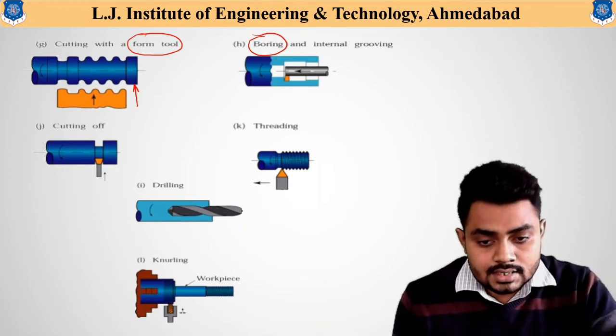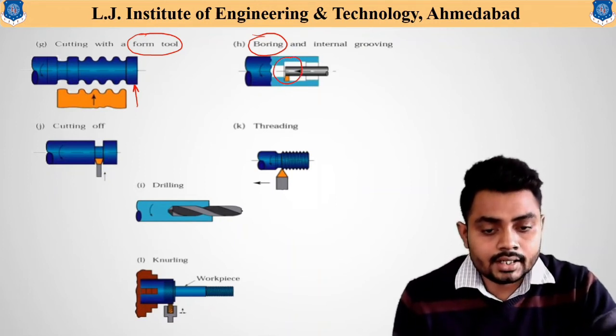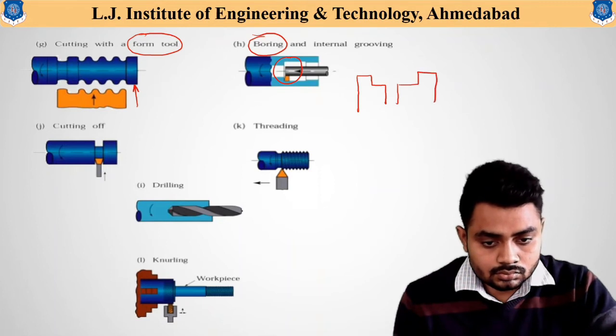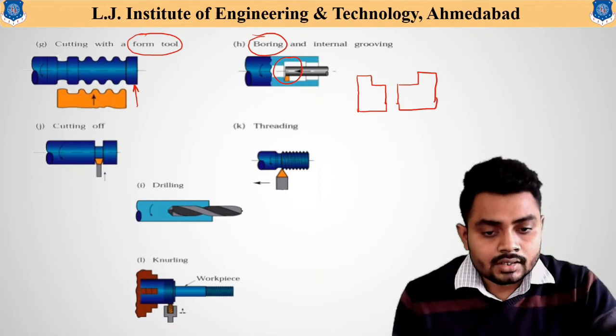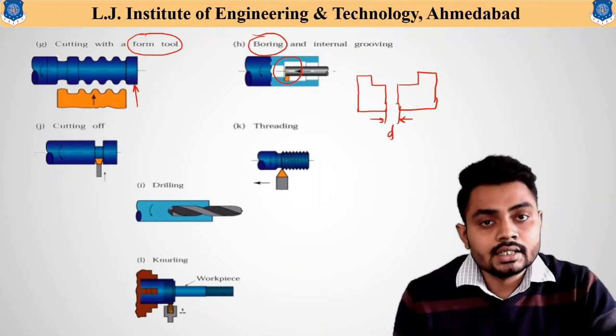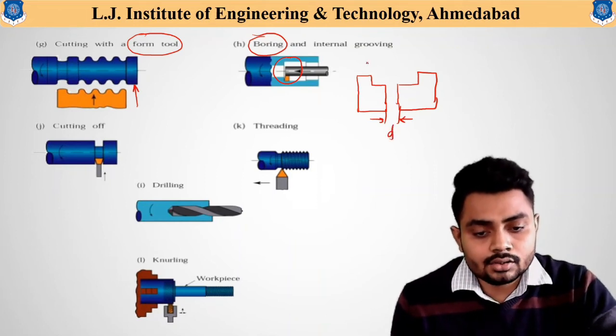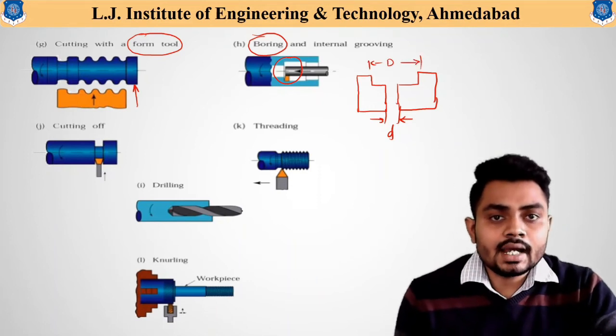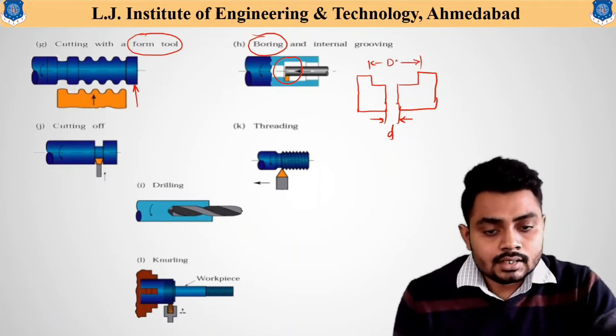You can see from this figure also, if the first available hole has diameter d, but now we want to enlarge that hole up to the capital diameter D, then what happens? The cutting tool